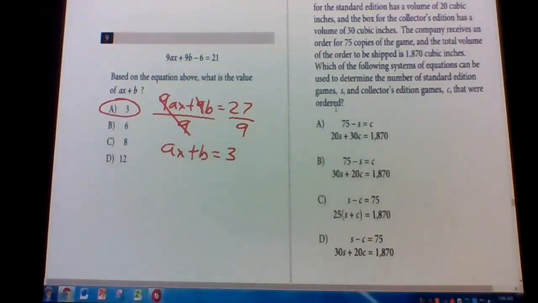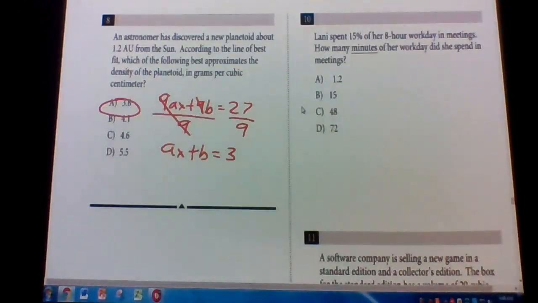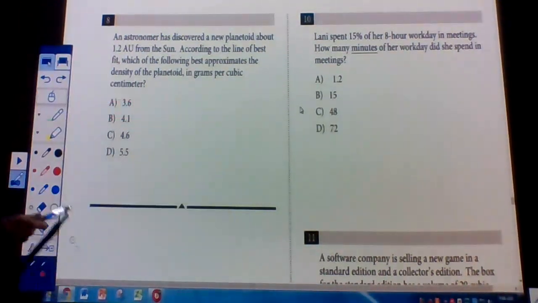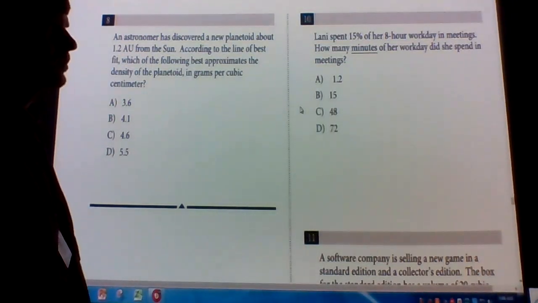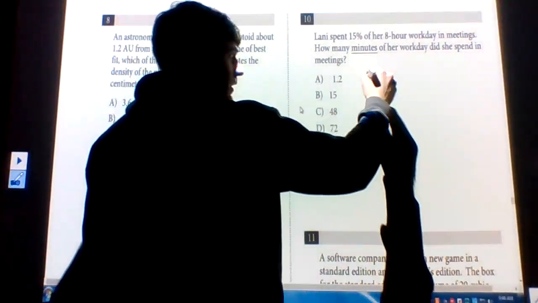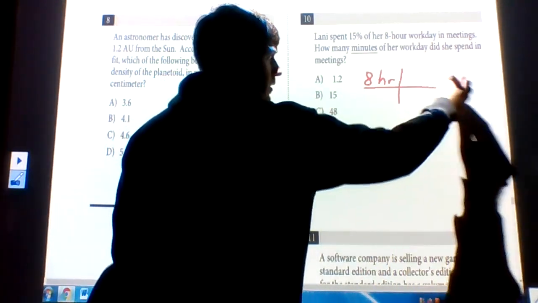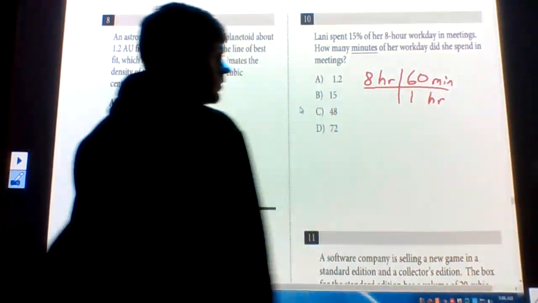Number 10. Okay, Lainey or Lonnie, someone, spent 15% of her 8-hour workday in meetings. How many minutes of her workday did she spend in meetings? So we have to convert hours to minutes, so 8 hours. There are 60 minutes in an hour. So we have to do 8 times 60,